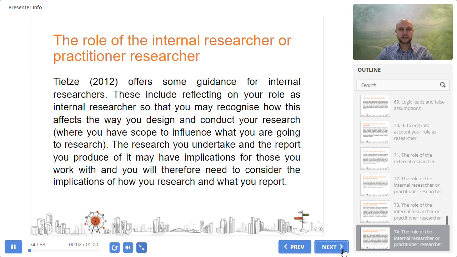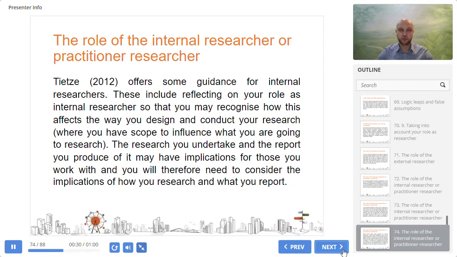There is some guidance for internal researchers. These include reflecting on your role as an internal researcher so that you may recognize how this affects the way you design and conduct your research. The research you undertake and the report you produce may have implications for those you work with, and you will therefore need to consider the implications of how you research